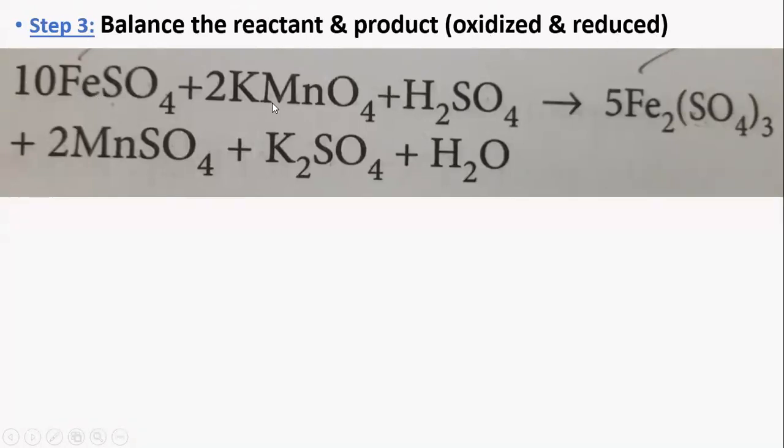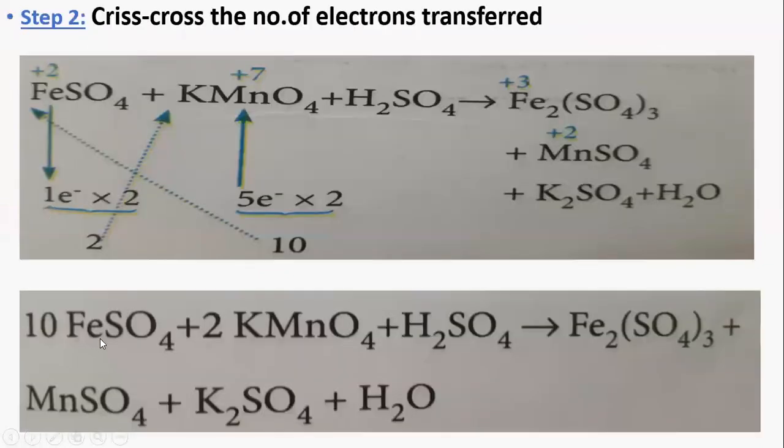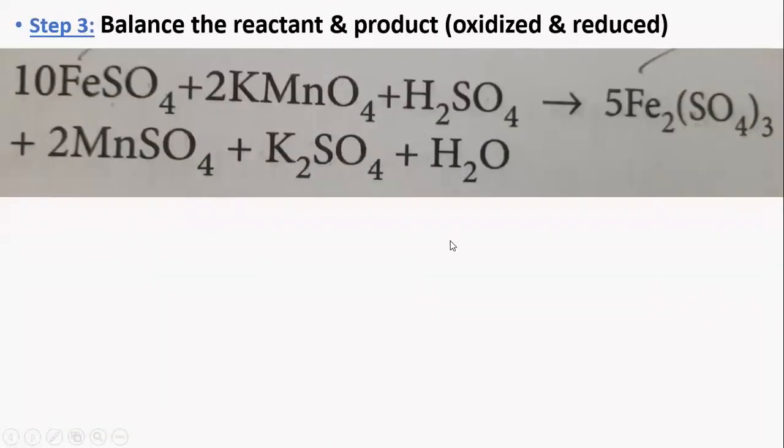So now I have written the same reaction, and in this we have to balance the reactant and the product side. So previously we got 10 FeSO4, and here the reaction is not balanced on the product side. Okay, so now if you see in the reactant side 10 Fe, whereas in the product side if I put 5 into 2 it will become 10, and again